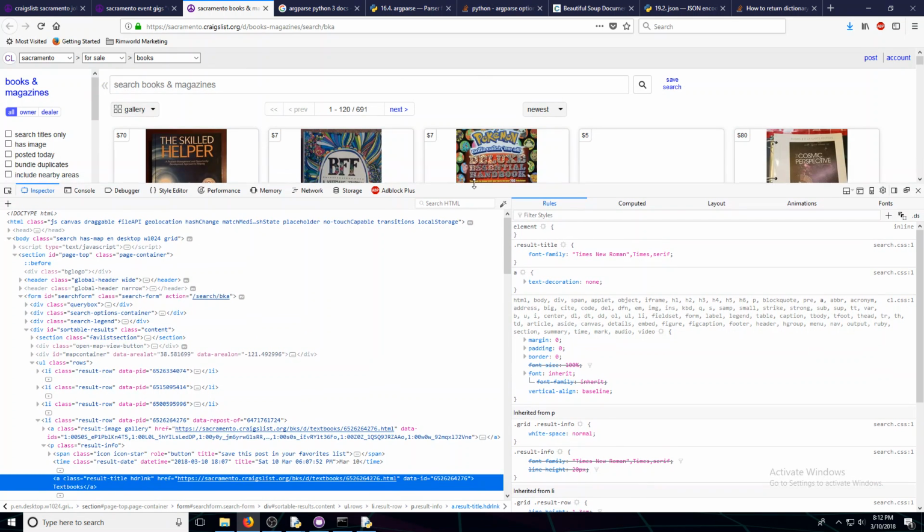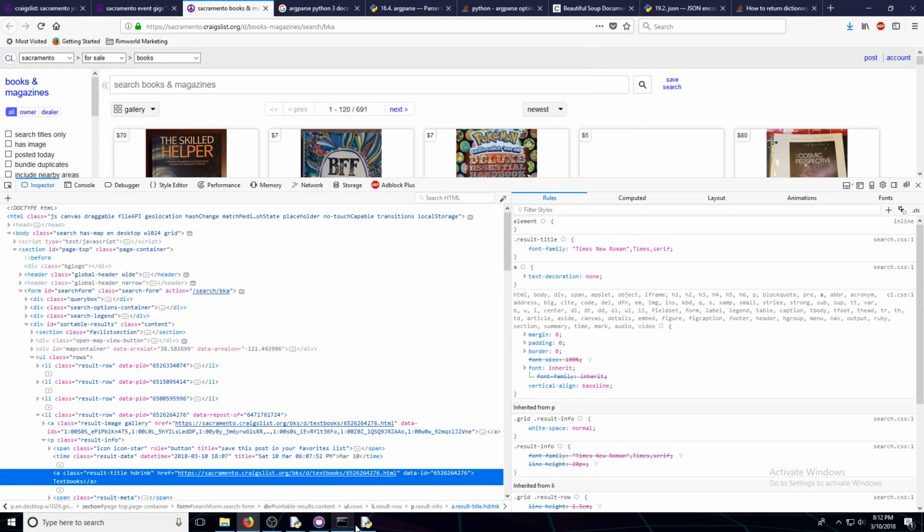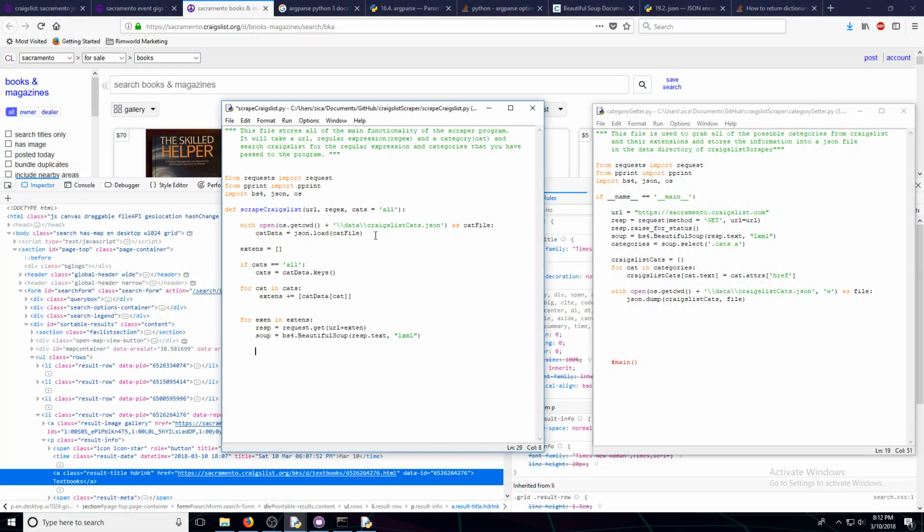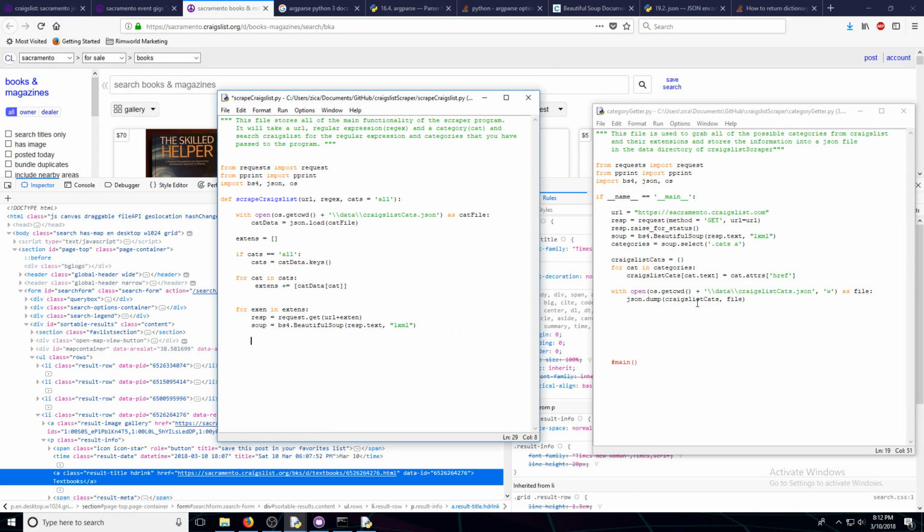I mean, what if we just grab all the A titles with class result title? That should work, right? So we go back to here, and we say, okay, so I'm following the syntax of our last program that we just wrote, basically. So if we go to soup, result links equal to soup.select